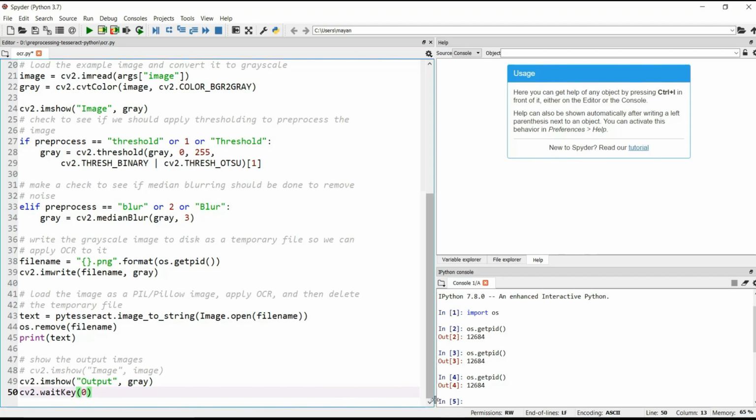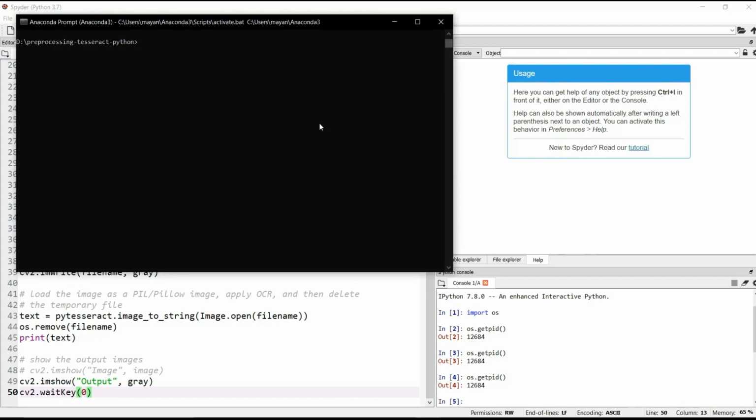So guys, let's run this program. I am running it on the Anaconda Navigator terminal. First of all, you have to go to your working directory. Then we have to run a command like this: python, then our program name, that is ocr.py. Always remember that we mentioned one command line argument.